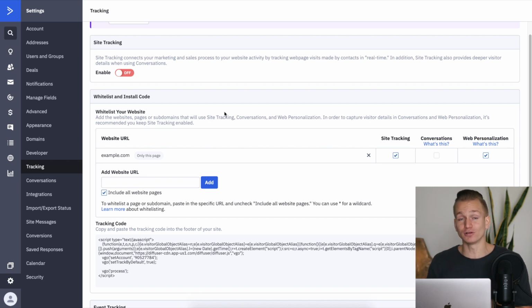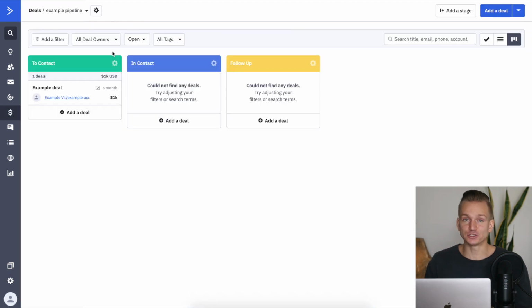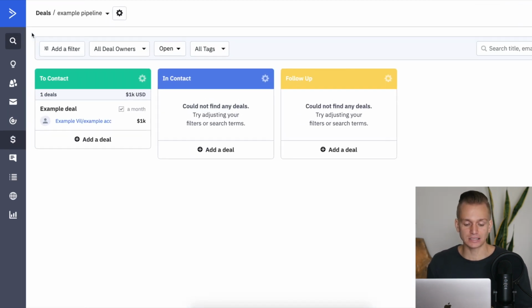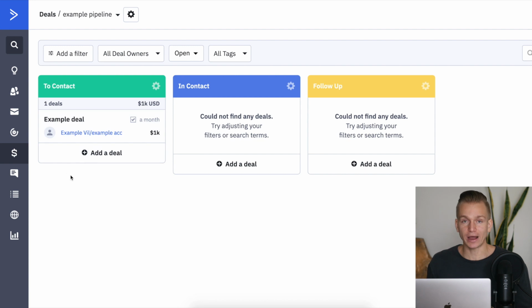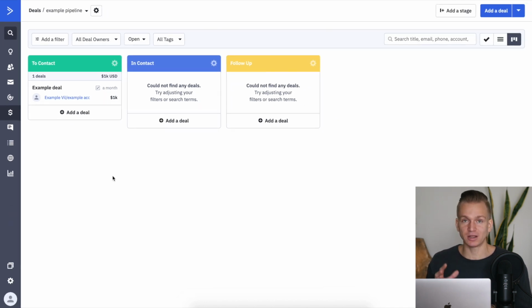So this feature alone, I would say, is something that you might take into consideration for just choosing ActiveCampaign. Another thing you have to take into consideration with ActiveCampaign is that they have this CRM already built into their platform, which is something that other email marketing platforms don't have. So again, it depends on your exact business, but if you're working with clients, then you might want to go